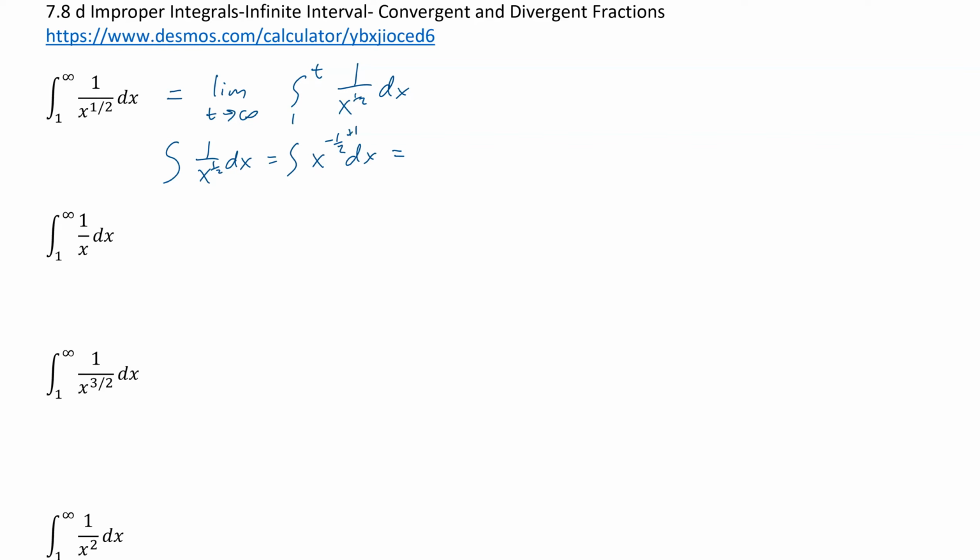So if we add 1, that would be a half, and then we flip it. So we get 2 x to the 1/2. So this would now be the limit as t approaches infinity of 2 x to the 1/2, from 1 to t. And then we plug that in. Zoom in now, or we'll just leave it. Limit as t approaches infinity